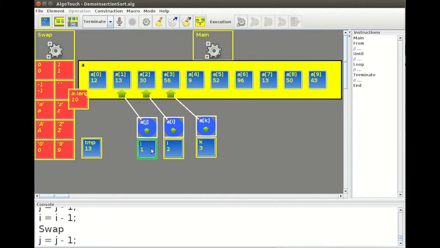Then we decrease the values. And as we see that 13 is bigger than 12, we stop. So now it means that 13 has been inserted correctly. Now we increase K and we start the process again. That is, we place I to the value of K, we place J to I-1, and we try to place